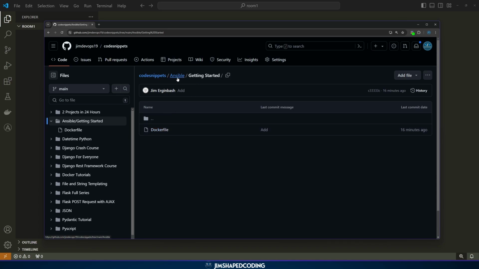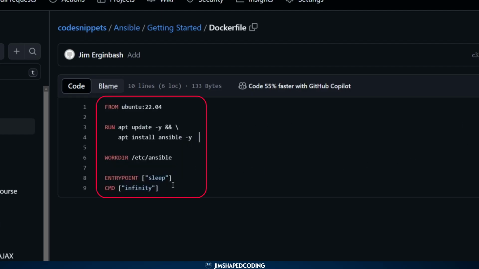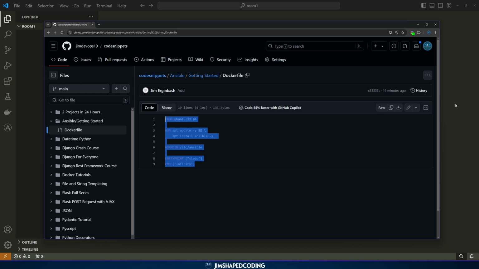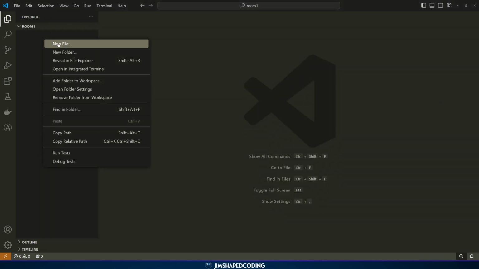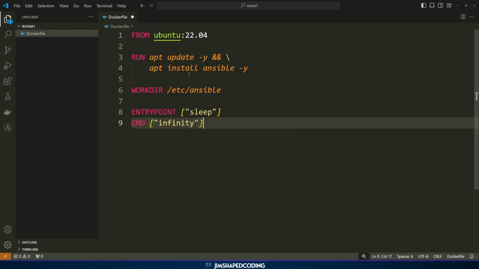Okay, so I'm inside the Ansible directory in my code snippets, and then I go inside the getting started folder, and here's our Dockerfile that we will simply copy and paste. This will ensure running Ansible in an Ubuntu image, so I'm only going to copy that and create a Dockerfile in my working directory. We are using Visual Code, and then I will just paste this in like that. Now you can see that by these two lines, this is going to be a container that is going to run forever until I stop it,